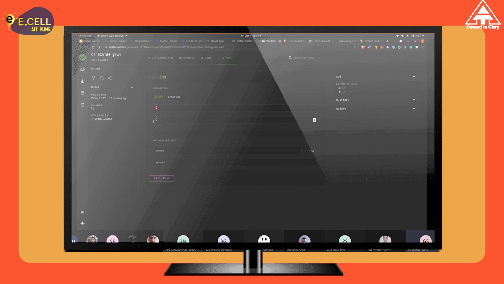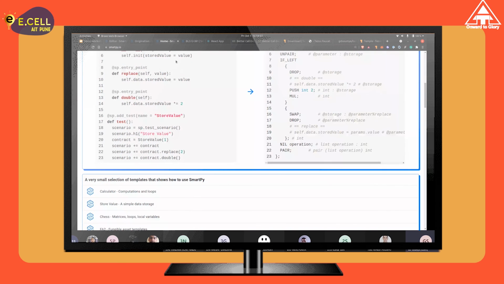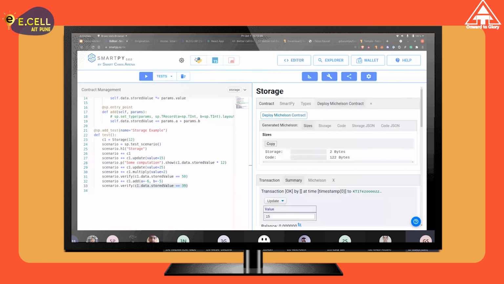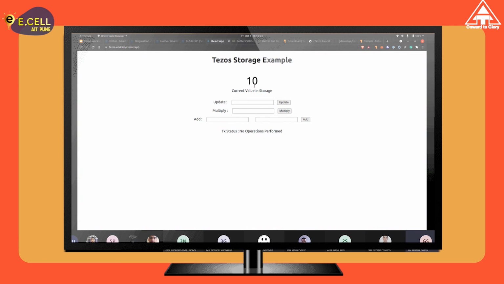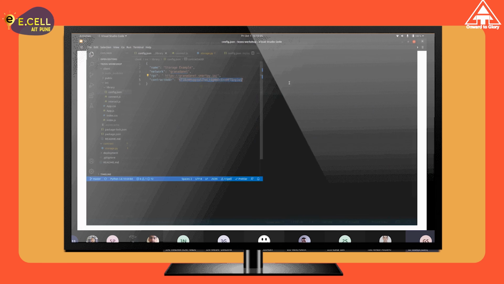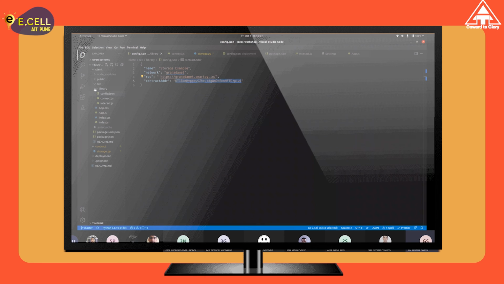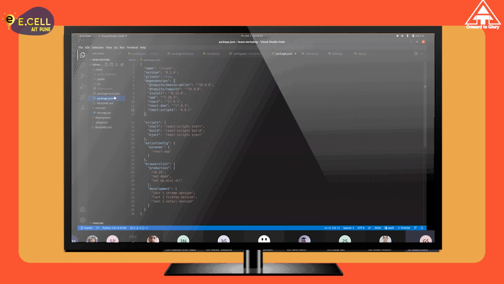So yeah, that was the contract writing and contract deployment part, right? But now we need a UI that will interact with the contract itself, right? So for that, we'll use a simple client that I've already built. It is a very simple React app created with the create-react-app command line tool, and in the package.json, I have only installed 2 packages apart from all the default ones that are installed by React itself.